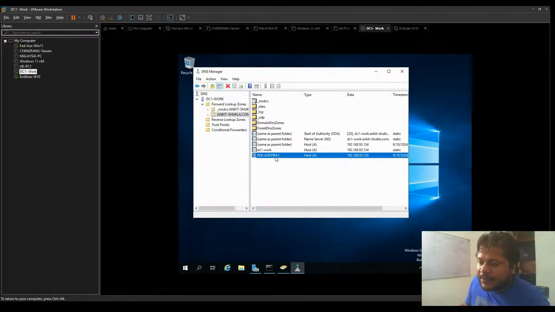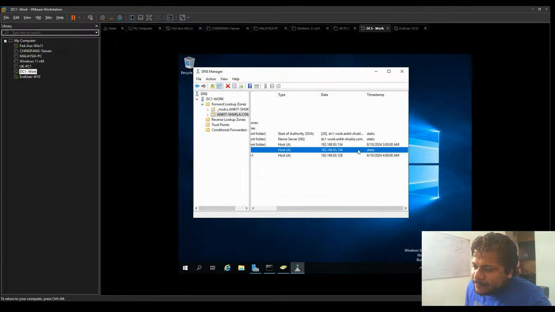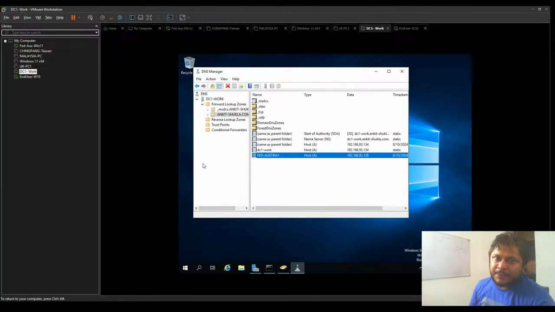Similarly, the client machine that I joined, Fed-Australia, the Windows 11 machine, on which I created a user and he was able to log in, also has a host A record and an IP address which is stored in DNS. All right. The timestamp for the IP addresses shows my domain controller has a private IP, and the client machine has a dynamic IP. I will explain static and dynamic IPs in the next video I'm going to publish tonight, probably in the section on DHCP, that is Dynamic Host Configuration Protocol.